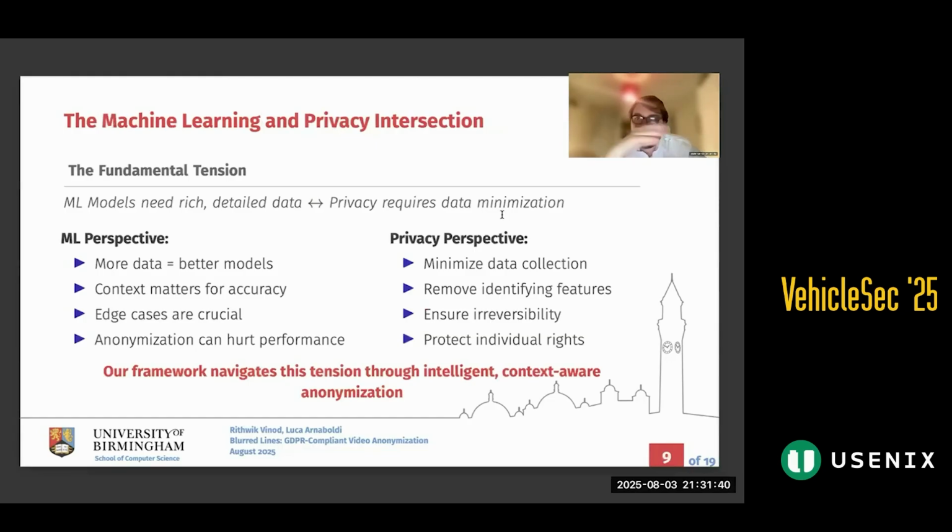This is a fundamental tension, right? So if you're gonna use a data set for training, that you then want to use to deploy aspects of your car in the future world, lane keeping, autonomous driving, if you want to get there, you need rich training data that contains all the details because you want to be able to spot the old person crossing the road and know it's a person. But the data you train that car on needs to be anonymized if it's shared from someone else. So there's kind of like this tension. The more anonymized, the more information I lose, but the less anonymized, I can't share it. And so we were kind of trying to draw this line. Make sure we're GDPR compliant, but still useful for training machine learning.